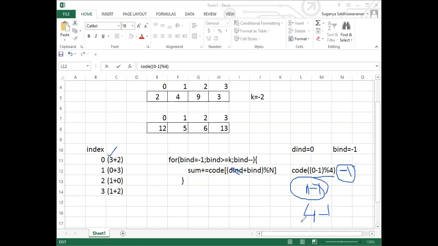So for the next time, what happened? 4 minus 2. So you'll be getting the second index portion. So as you say, this logic is working. Whenever your D index reaches 1, now also when you do this one, again I'll get the third index and second index. Can you people understand? If you're just mentioning my n -1 here and not mentioning this D index, I'll always get the third index and second index. That should not happen.